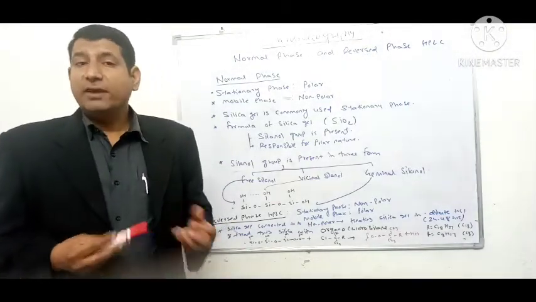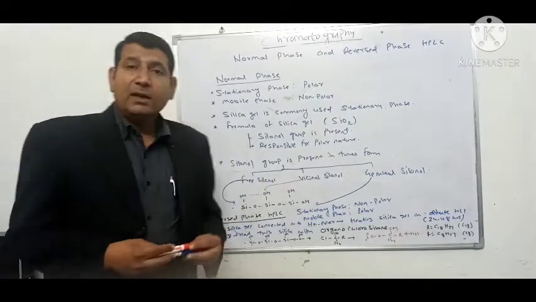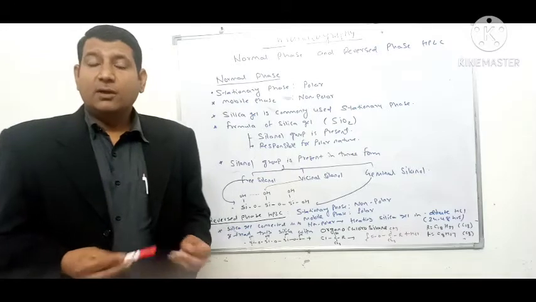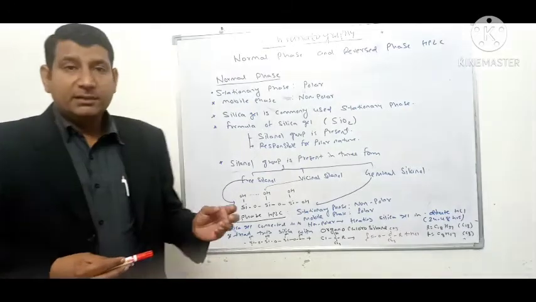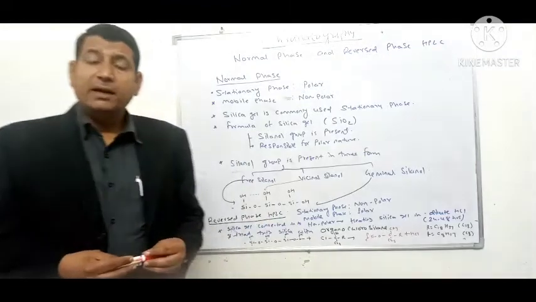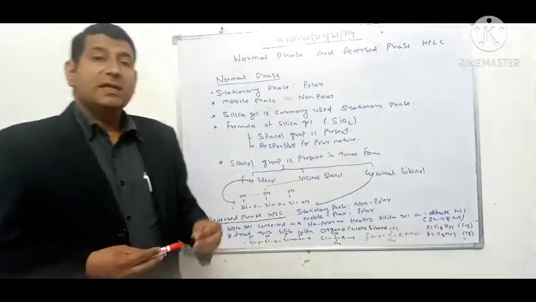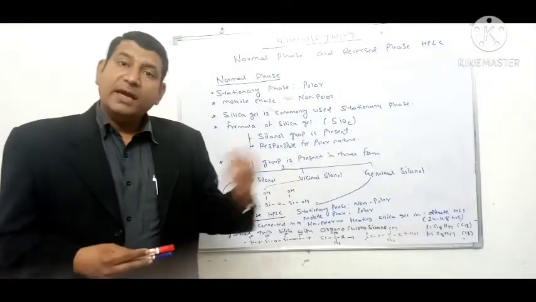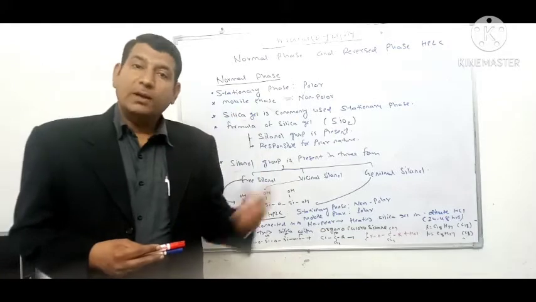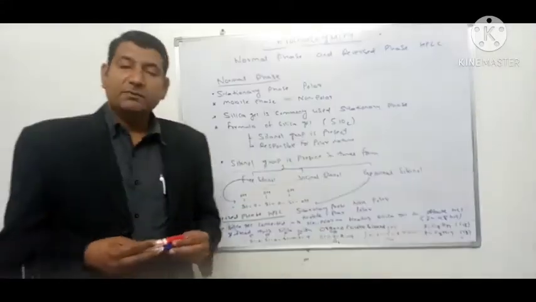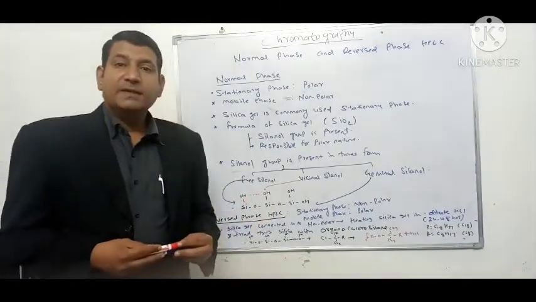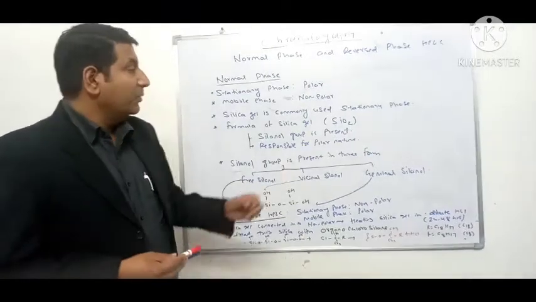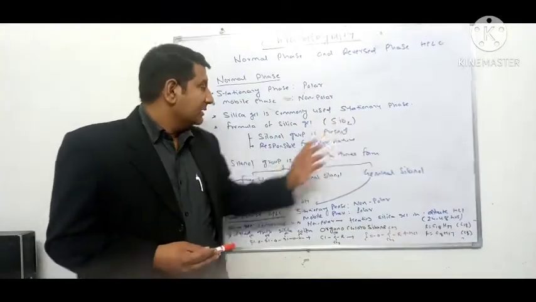Silica gel is a very commonly used adsorbing material or stationary phase in HPLC columns, in both reverse phase and normal phase. But the difference is that in reverse phase HPLC, this silica gel is processed with some process, which we will discuss after some time, and converted into a non-polar form. Silica gel is very commonly used in normal phase and reverse phase HPLC. The formula of silica gel is SiO2. It is a polymeric compound, which we will discuss.